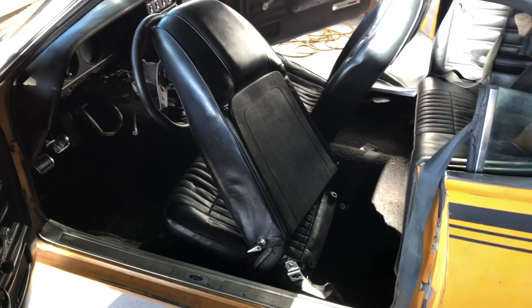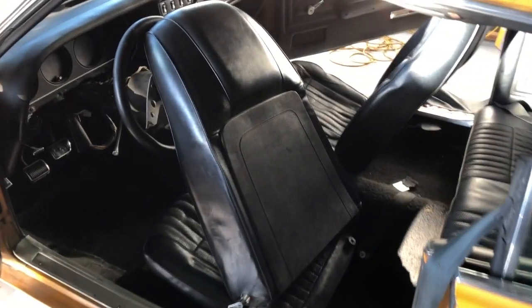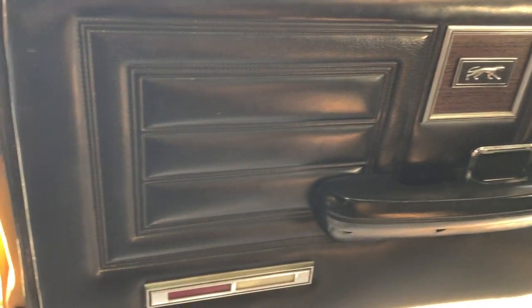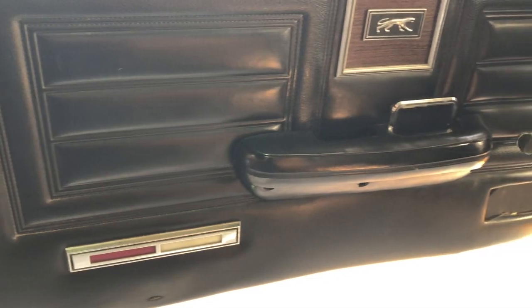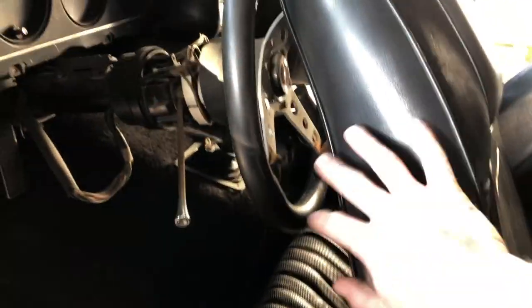Okay, so I've gone ahead and vacuumed out the car. I've wiped it all down on the inside. Not a detailing, but just an idea of what we have to work from for the future of this project. You see the doors are in relatively good shape. As we come in here, the seats